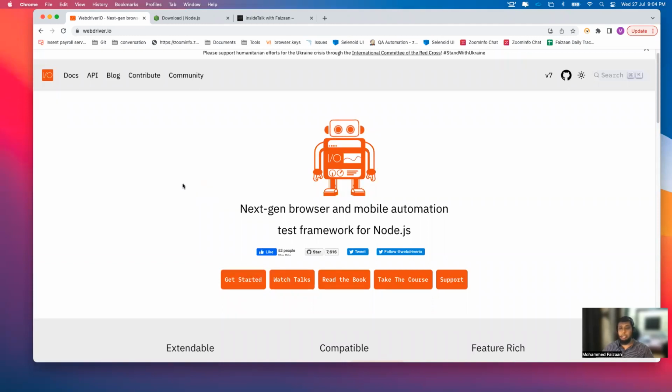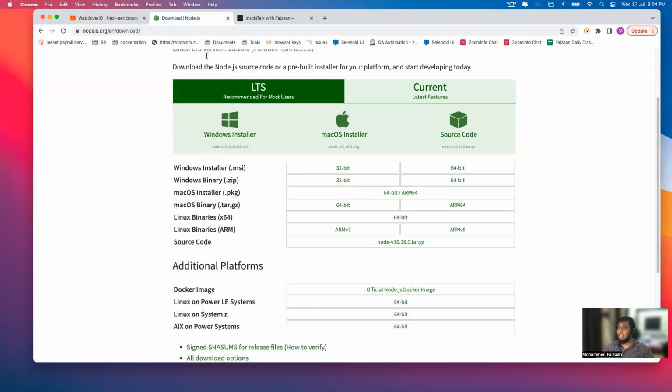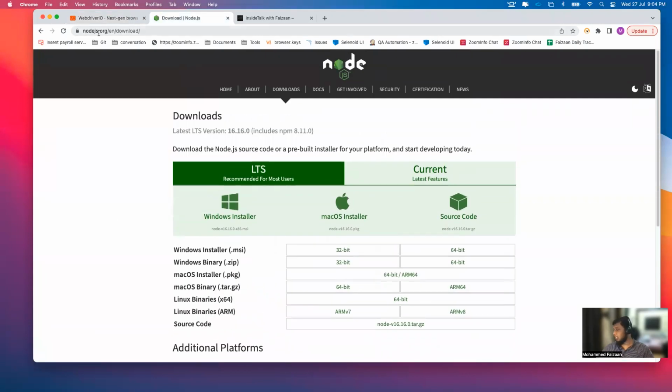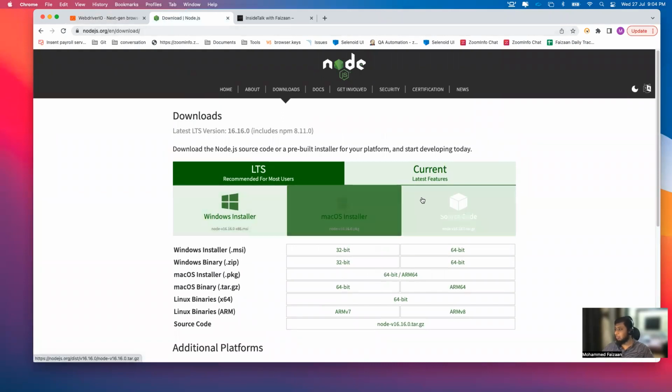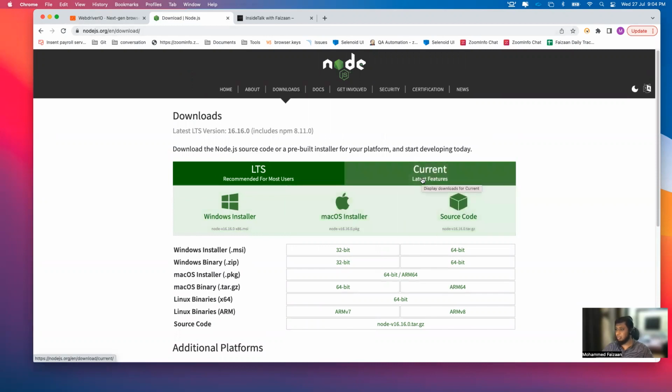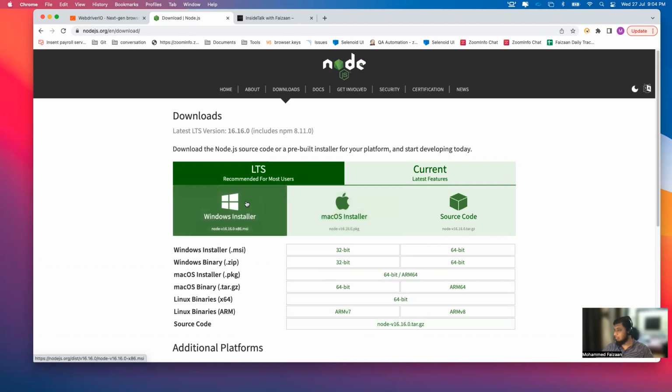So the first two things would be to install Node.js and npm. So basically, these two things are required, and these two can be downloaded via, you just go to this particular thing, Node.js download. Probably as per your system configuration, you can download it. Mostly, don't download the current version, rather go for the LTS. Probably that's the best thing which you can do, so that you can avoid any errors going forward. LTS is basically something which has been used by many customers. The current is something with the latest developed features. So we'll go ahead with the LTS, and as per your system configuration, download the zip file or package file